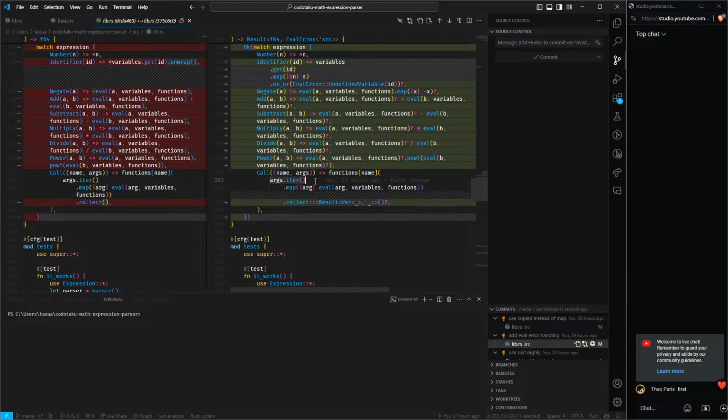All right, so here we got the arguments. We iterate through them and we map them into evaluating the arguments. So we evaluate the arguments, then we call the function, of course. So collect, and then we collect it into a result vec. Now notice here, if we just collect normally into a vec, what would happen is that we're gonna get a vector of results because eval returns a result, right? Which is not great. Well, what we actually want is, at least in this case, I mean, you can handle it however you want. When we get the first error of evaluation for these arguments, what we do is to simply